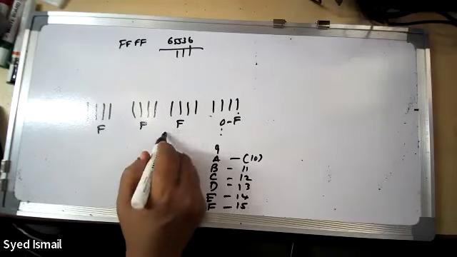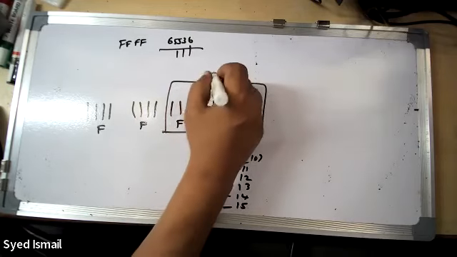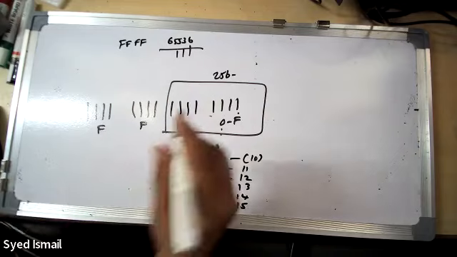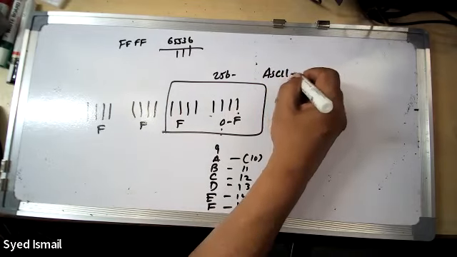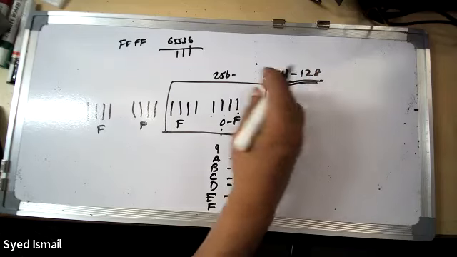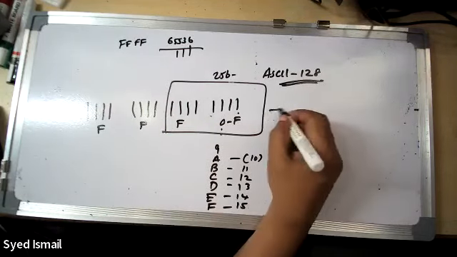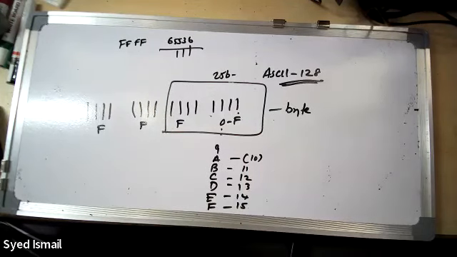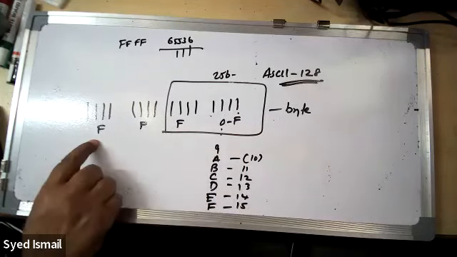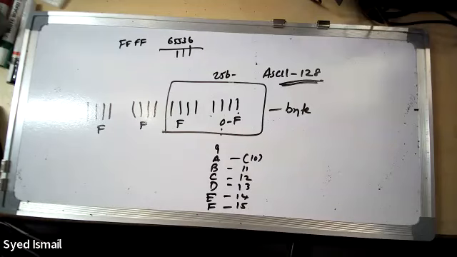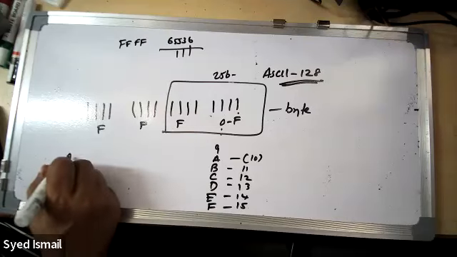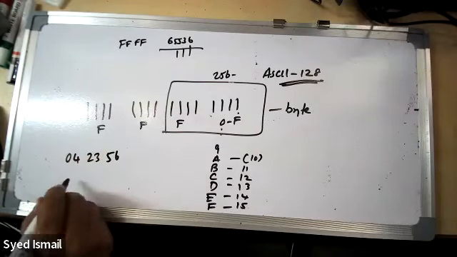8 bits are required. Why are we using 8 instead of 7? Because 8 will represent 256 possibilities, whereas ASCII requires only 127, 128. But we have graphics included, so we are using 256. That's how we use 8 bits. We call it a byte: 8 bits is called a byte. So 1 byte, 2 bytes equal 16 bits. Now 3 bytes equal 24 bits.